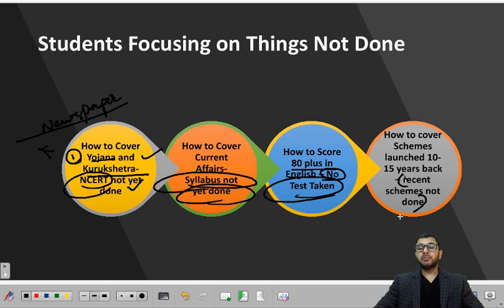Students who answered them probably were not able to cover those other 20 schemes, or they must have read it somewhere or the other just by fluke. Otherwise, you are not expected to cover that much detail if it is not important. If it is important, of course, you have to cover it, but the focus has to be on the majority first and then the minority.